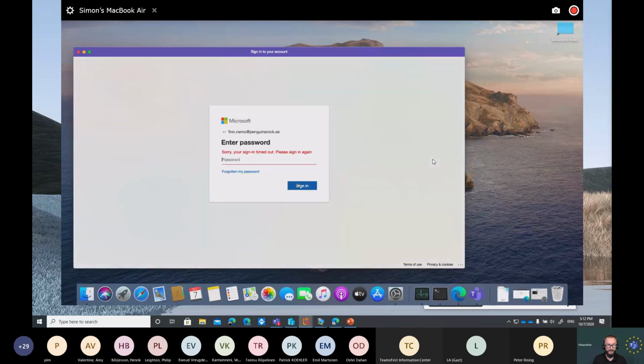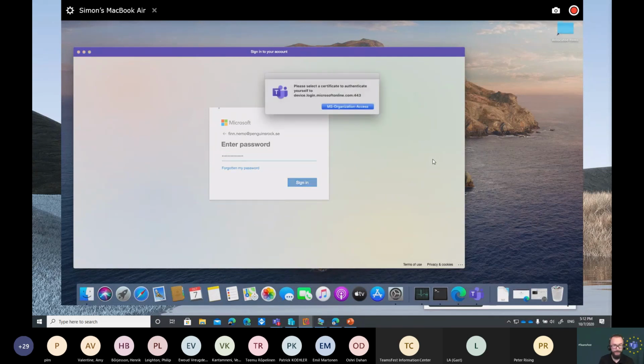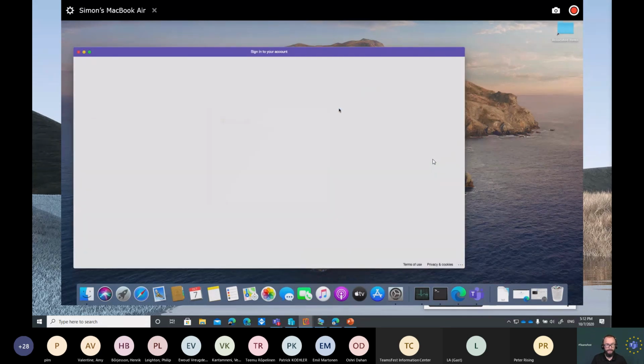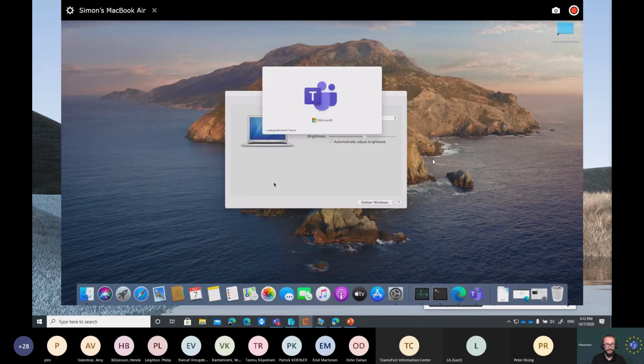I try to sign in here. That's me preparing the demo. And I may have messed up my conditional access rules now. Yes, I have. So my intention, and I will show that on Linux later on, I hope, were to be